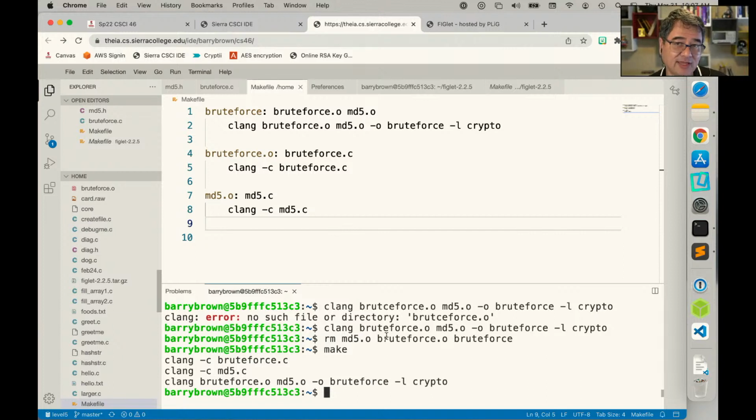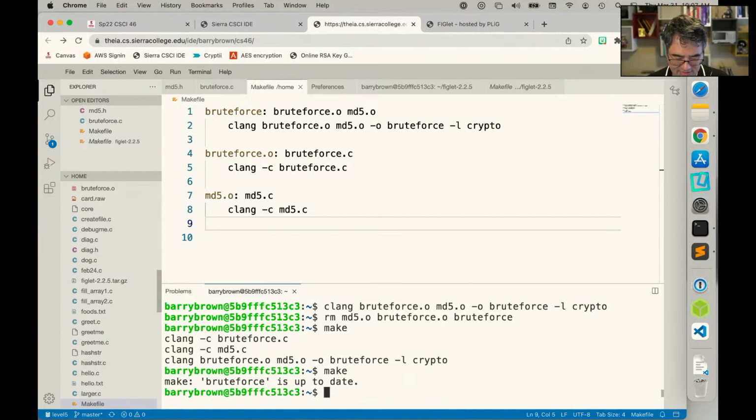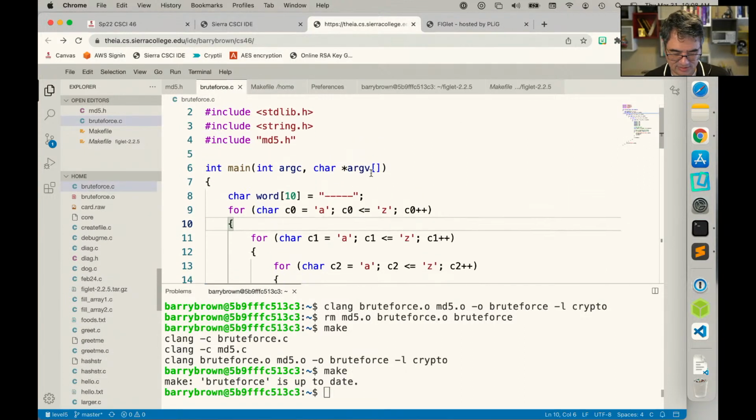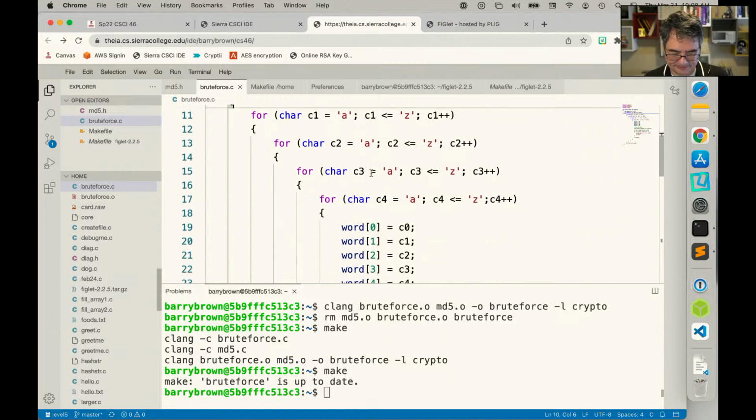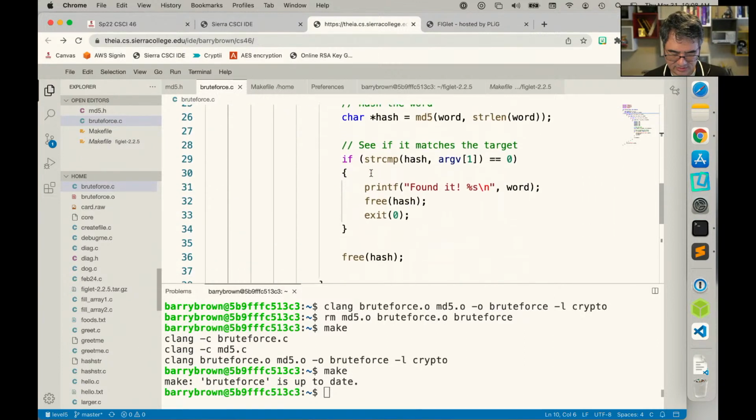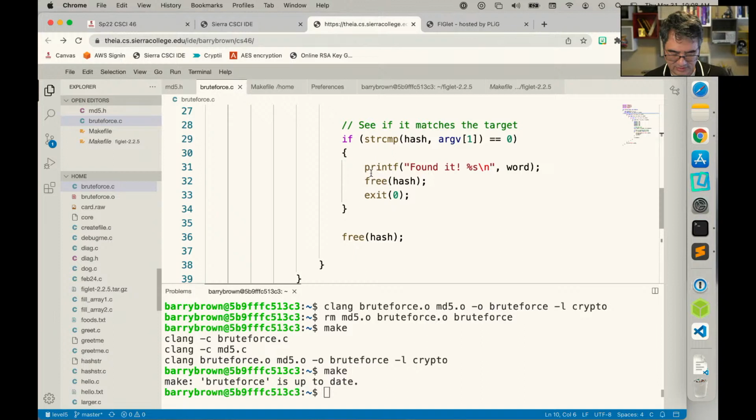The other nice thing about make is that it does conditional compilation. If I type make again, it says there's nothing to do. Brute force is already up to date, because it knows that I haven't changed my C files, and therefore there's nothing to do to rebuild the executable. If I then go and change something about my C file, let's say, what can I do here? I can just do something simple, like instead of just saying found it, I can say found the